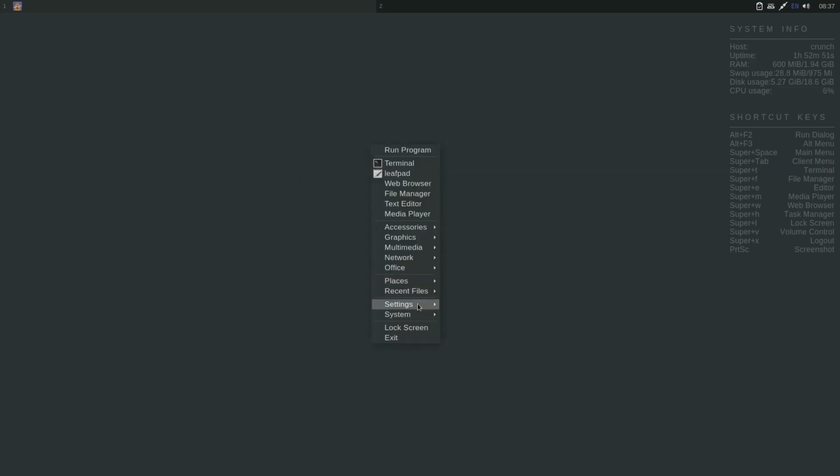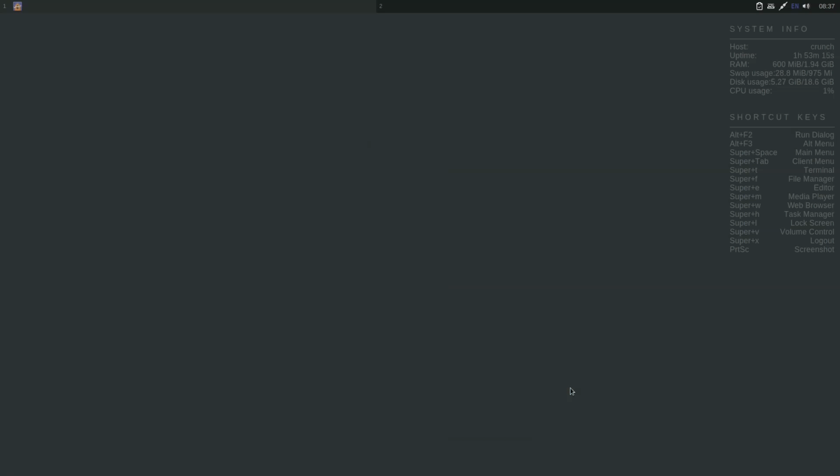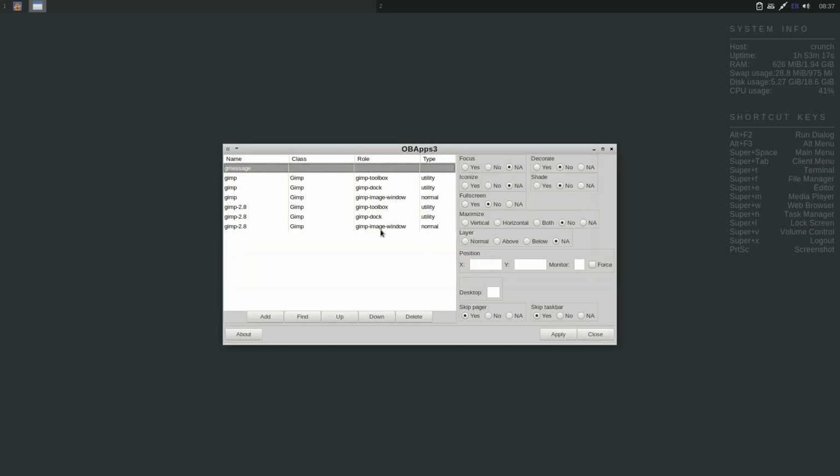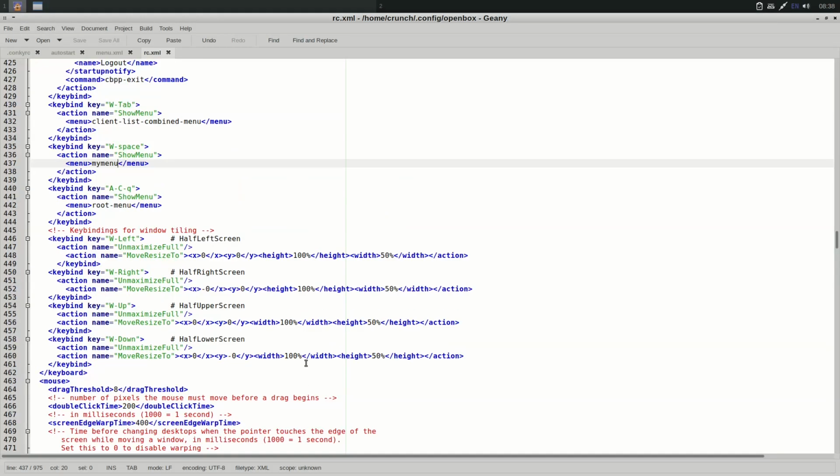The other thing that I will talk about, which is also present here, which is very nice, is the GUI applications settings editor. If I click it, here for each application, you can give it what you want the application to do. This one is configured in rc.xml. I will show you where it is. In rc.xml, you go down